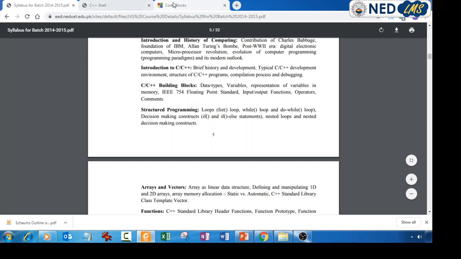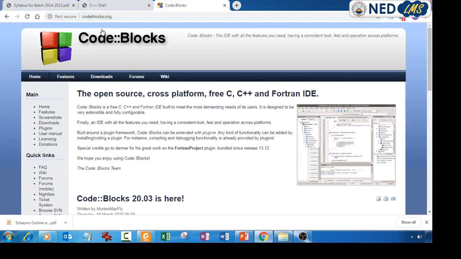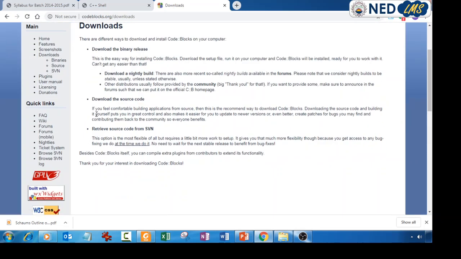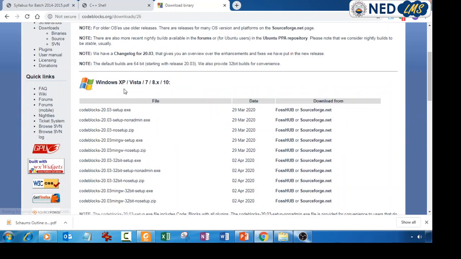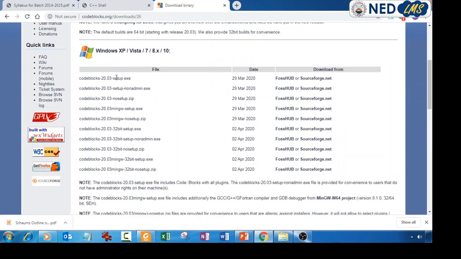We have a very good integrated development environment, something known as Code::Blocks. And in Code::Blocks, if you go to this website codeblocks.org, you can download the software. If you go to downloads, and then if you select the download the binary release link, then you have a list of available downloads. Do not download the very first setup, because it only contains the integrated development environment but not the compiler, because a compiler actually